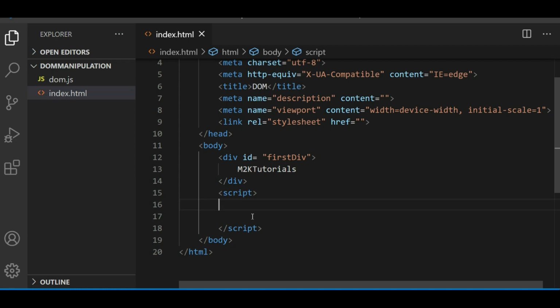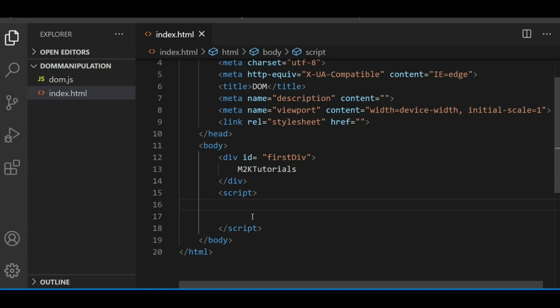There are multiple ways in JavaScript that we can get the reference of elements. One way is to get the element by ID. If you get an element by ID, it will only return the reference of that particular element, because an ID is something unique in your HTML pages.